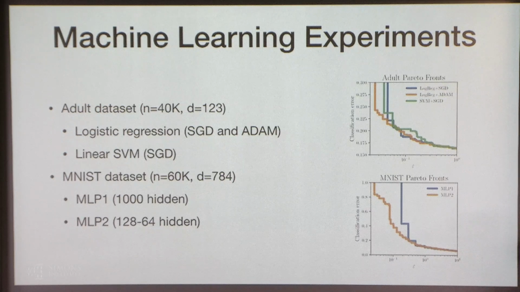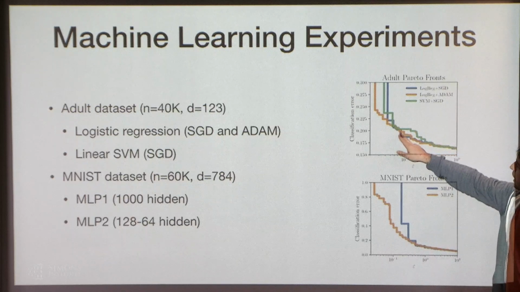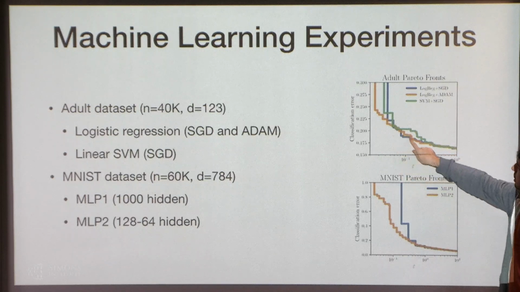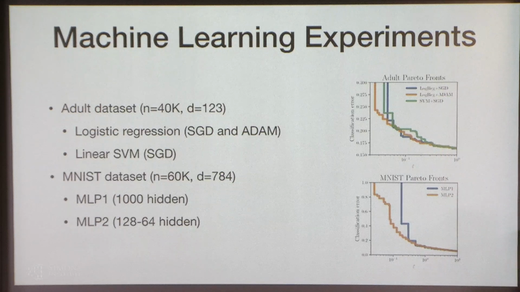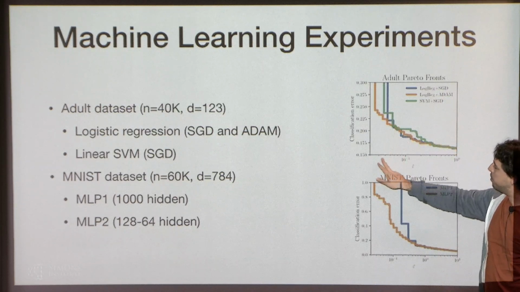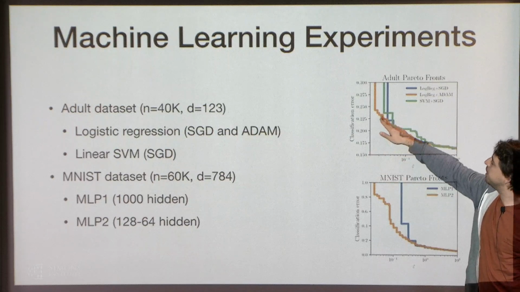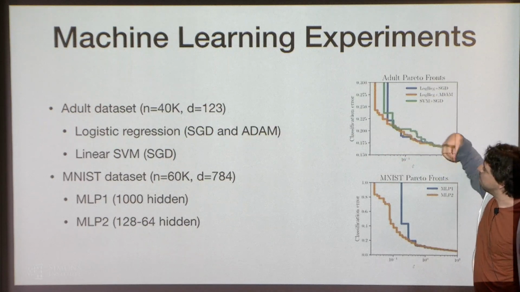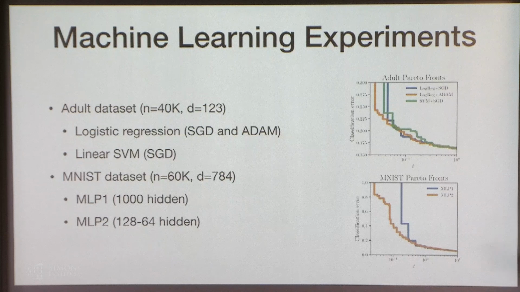We're starting to see interesting things, like, for example, it seems like SVM is not that good in this regime of epsilons as, for example, logistic regression. And, for example, Adam might be doing a better job in the high privacy regime at, well, at not blowing up the accuracy immediately when you go to that regime.